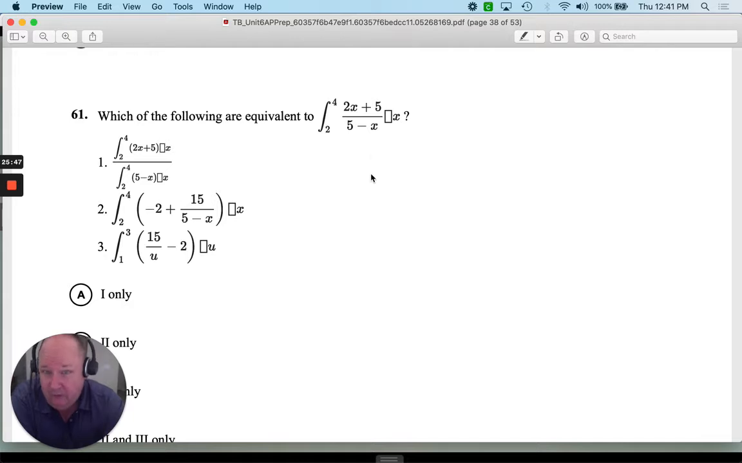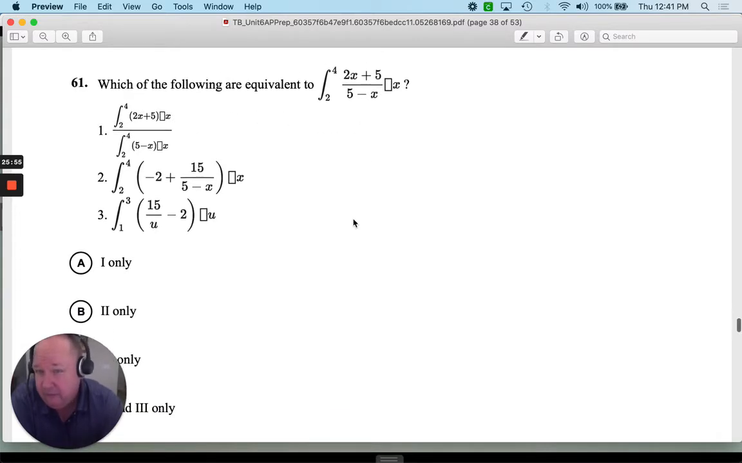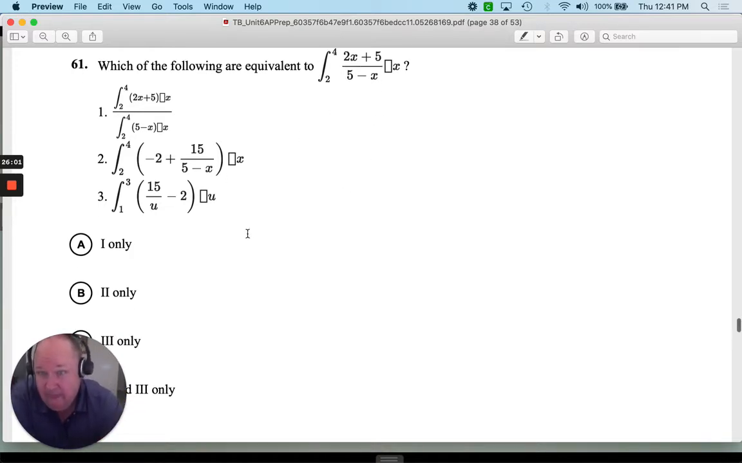Same type of question here. Use long division. Number 1 is wrong because you can't divide and be equivalent, only adding and subtracting. Number 2 is good because you're doing long division. And if you do long division correctly, that's the answer. And then for u, if you did the u substitution, so if u equaled 5 subtract x, and you plugged in 4 and you plugged in 1,